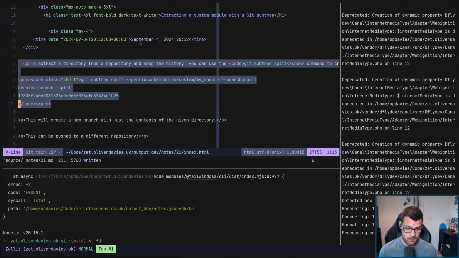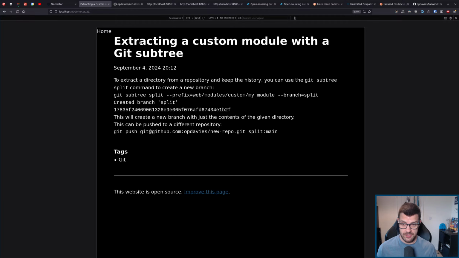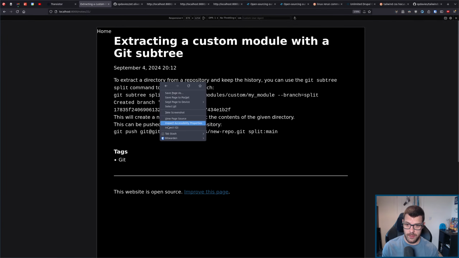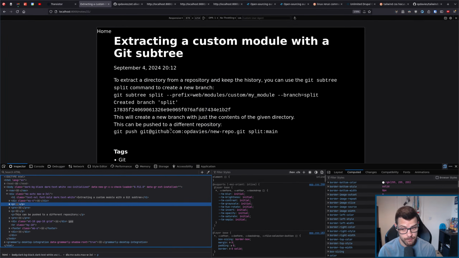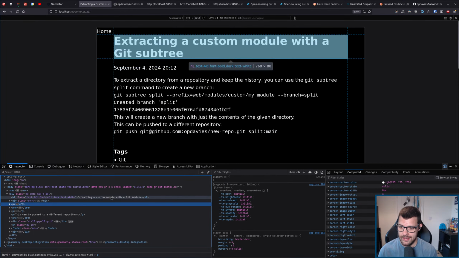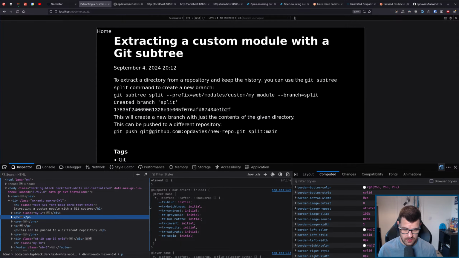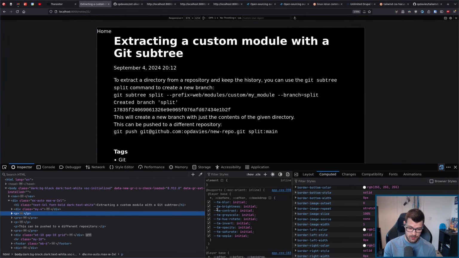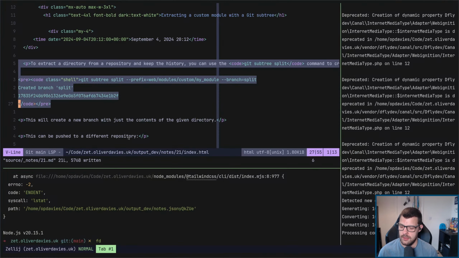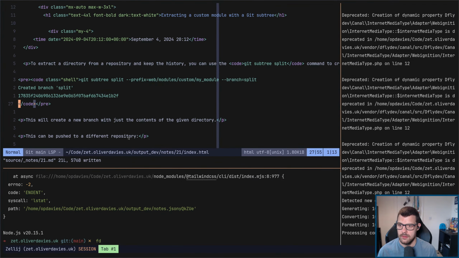I'm writing it in Markdown, and Markdown is then rendered into HTML. So there's no paragraph tag for me to add a class to, so I can't style it directly. But this is where the prose classes with the typography plugin come in, or I guess then you'd start adding